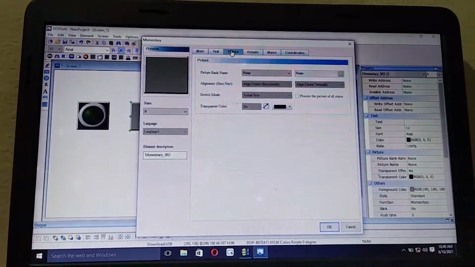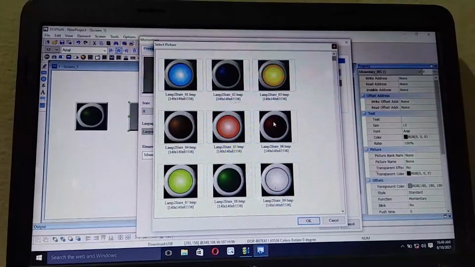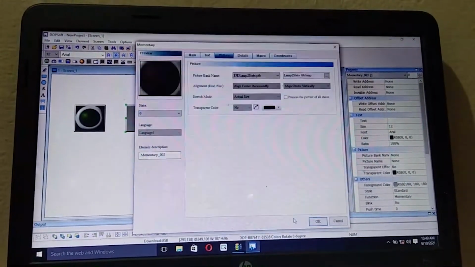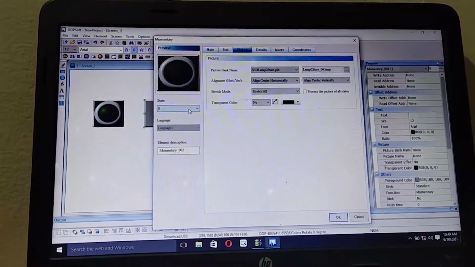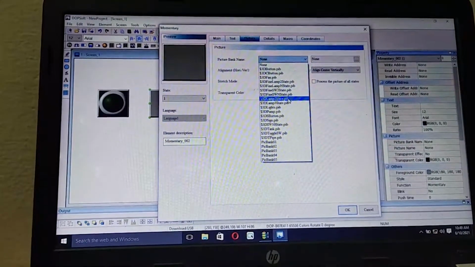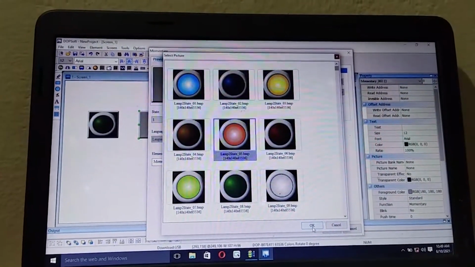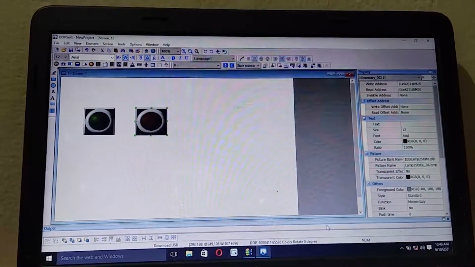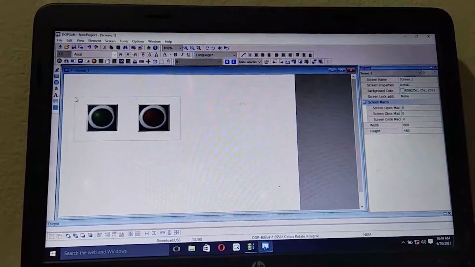This is an off switch, so I need to use a red one. Off switch, and for the on state, use the button as a glow. So these two are on-off switches.